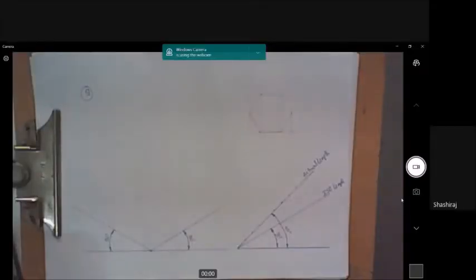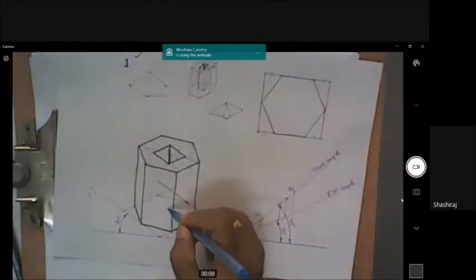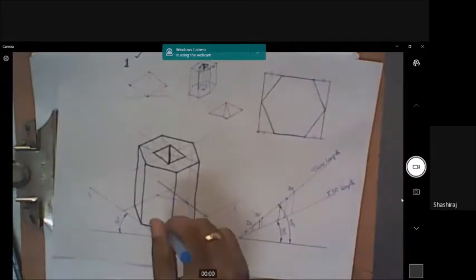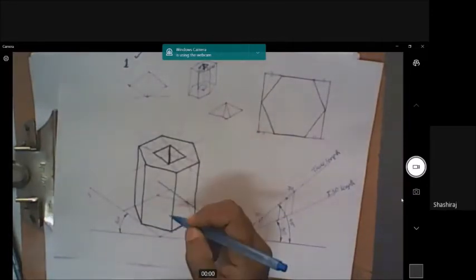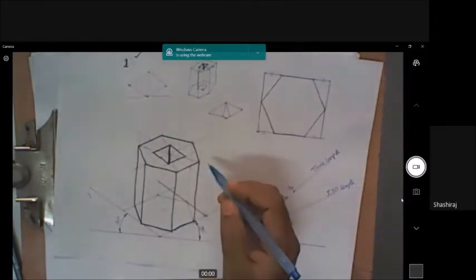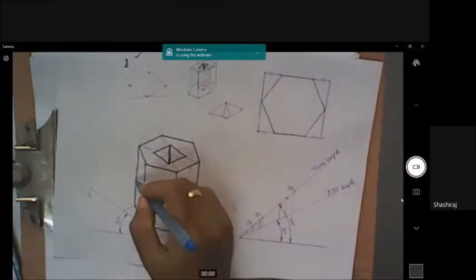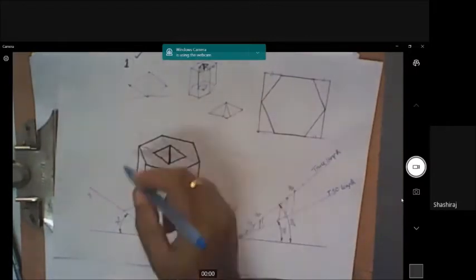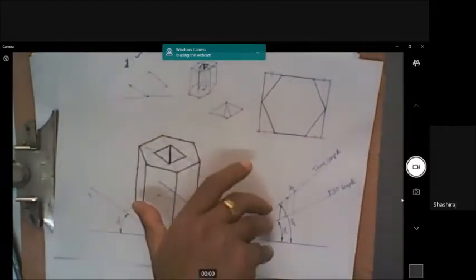So this is also similar to this hexagonal face. What I drew first is on the XY plane, and on that face the solid is resting now. But in the next problem, he says it has to rest on a rectangular face. What is a rectangular face for the hexagonal prism? All these vertical faces are rectangular. There are 6 such faces. So you have to tilt this solid like this.